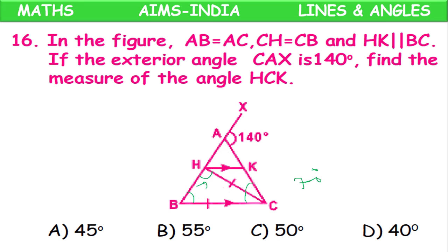This is 70, this is 70, and this is a triangle. So 70 plus 70 is 140, and out of 180 here we should have 40 degrees. So this HCB equals 40. But this total equals 70. Out of this 70, this downside part is 40, so the upside part will be 30 degrees.